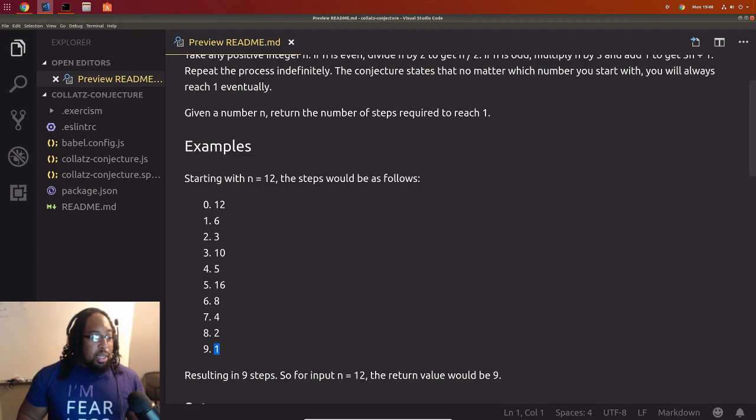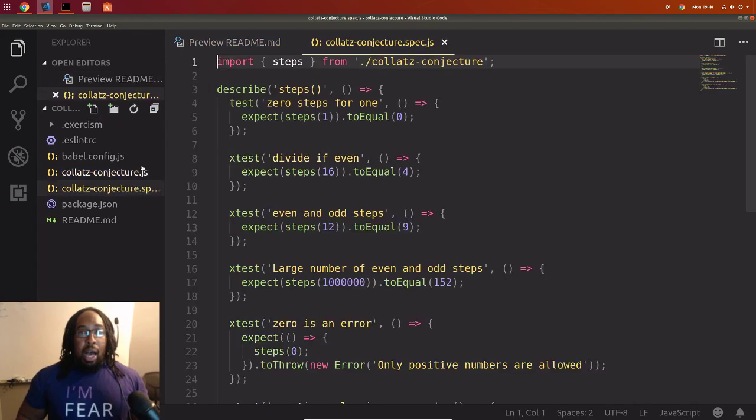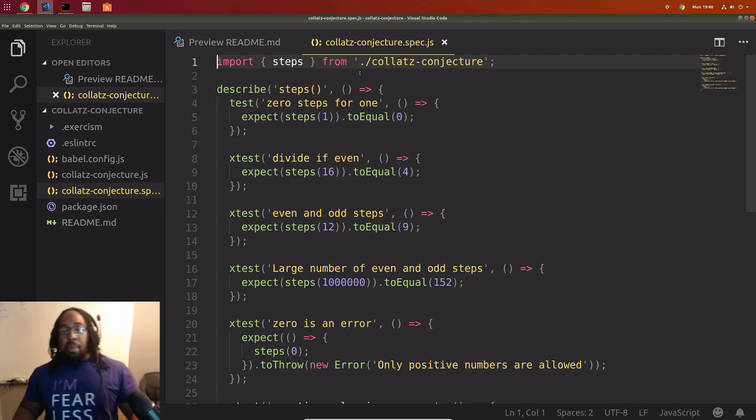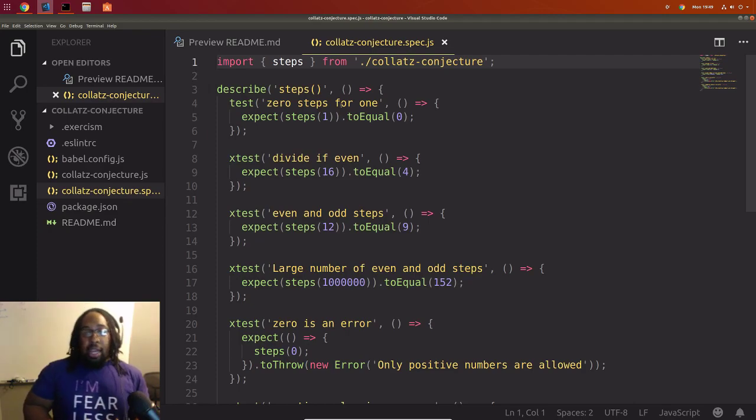So this is what we're going to do. Let's take a look at the test file. So, again, Exercism, if this is your first time checking it out, Exercism encourages test-driven development. It encourages TDD. Test-driven development, TDD, trying to make that connection for you. This is a way of programming by focusing on the test first, writing the test before you write any piece of code. This allows you to better solve the problem because you're coding to solve the test, and you wrote those tests to be able to solve the problem at hand.